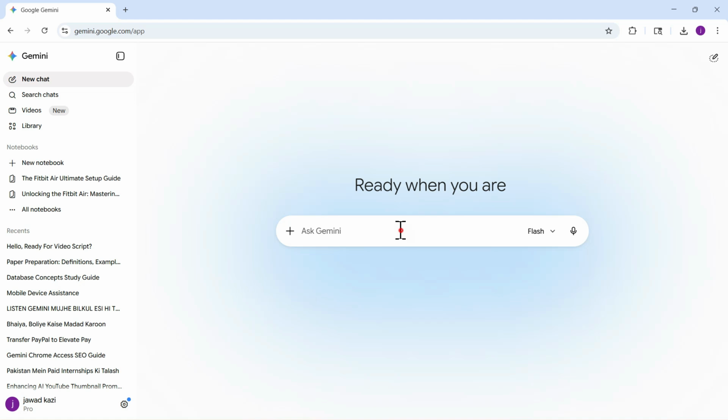Once you have access, just type your question or task into the chat box and Gemini will generate a response